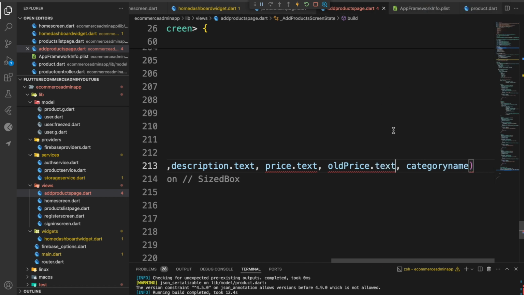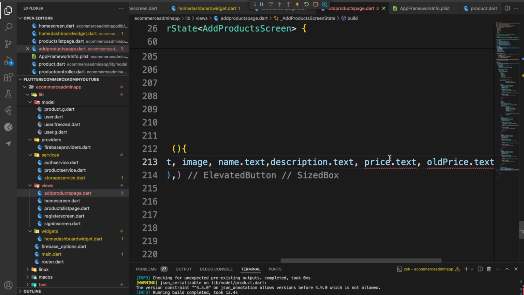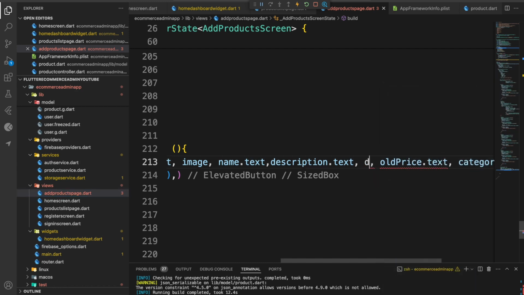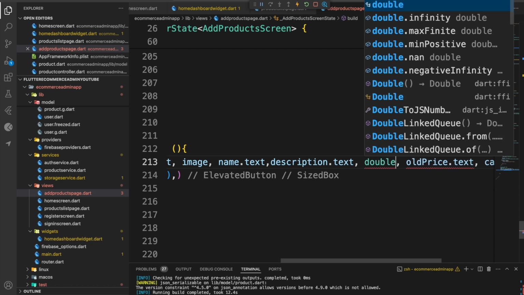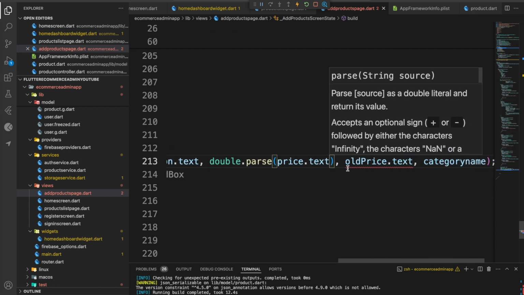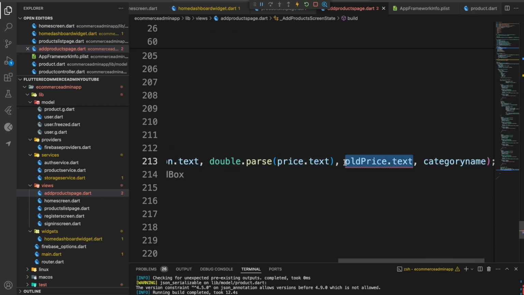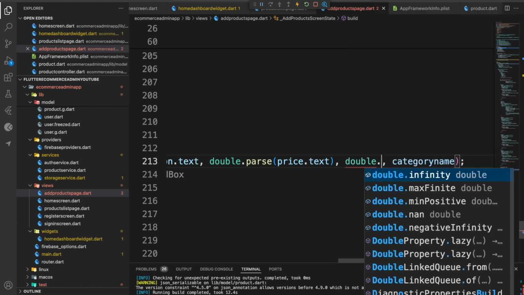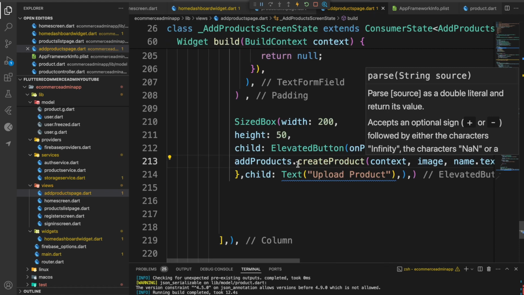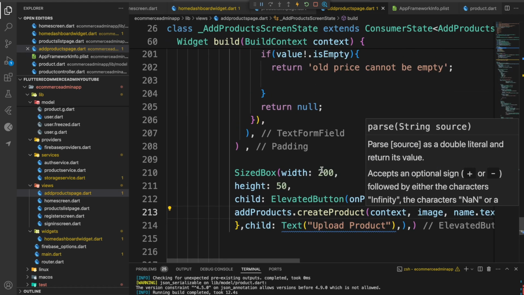Okay. Yeah, I forgot. Let's just cut this. Since it's a string, we need to put it inside a double to convert it into a double. Okay, Ctrl X, double.parse. Let's paste this. Okay, now we are done with the